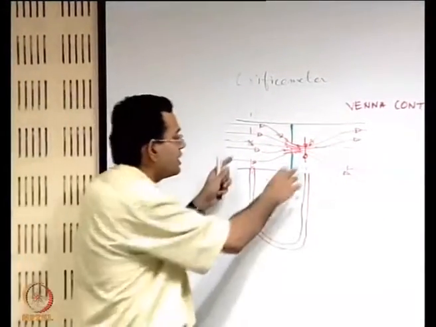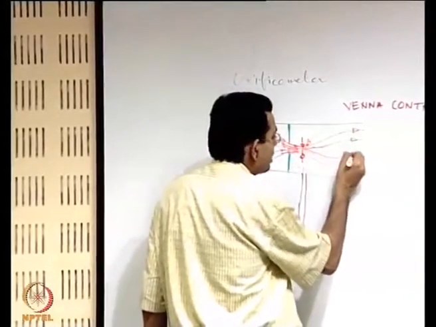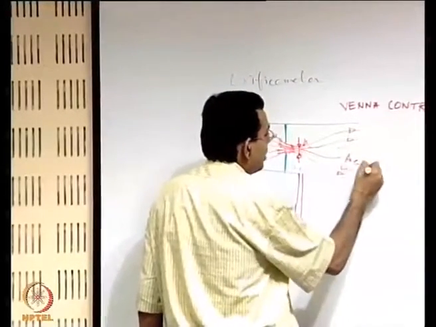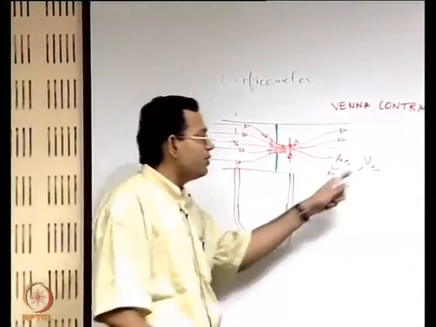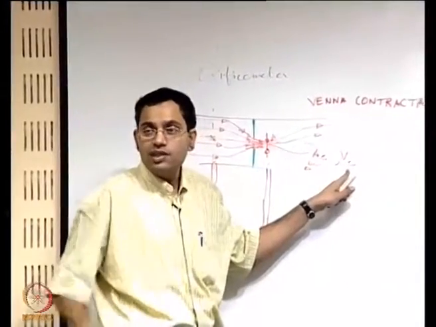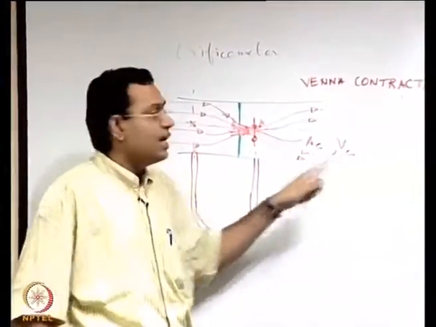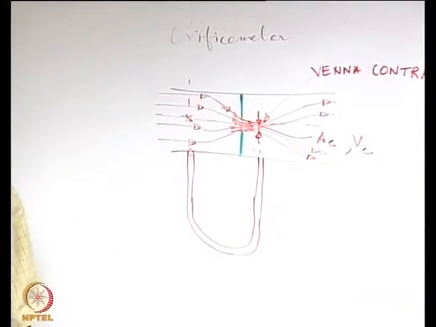But let us say that this is put in the section of the vena contracta. Let us say that area of cross section of this is AC and the velocity of flow through this section, entire section is uniform and is equal to Vc. Again we are assuming uniform velocity profiles, which is a deviation from the reality, and with such a kind of abrupt change the deviation from the reality is more severe.